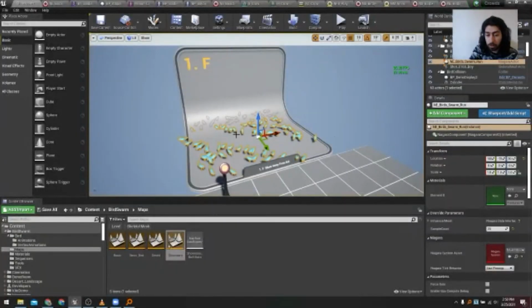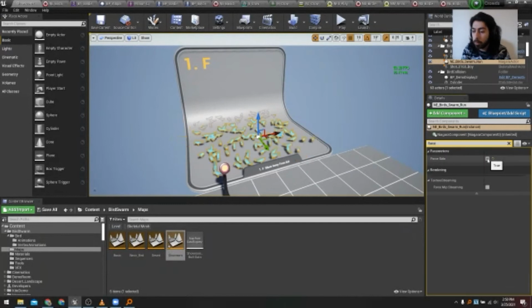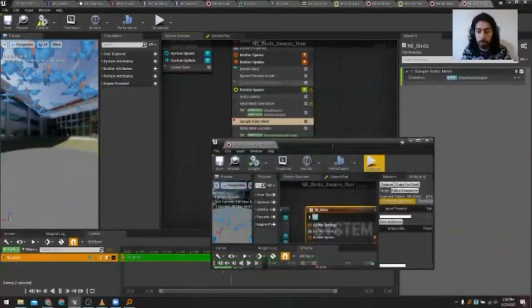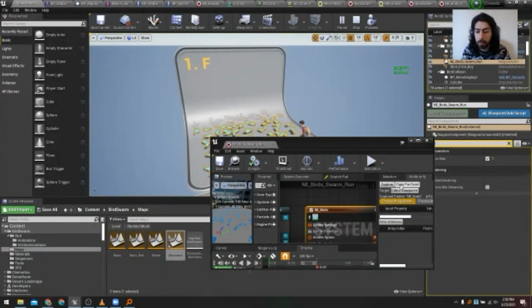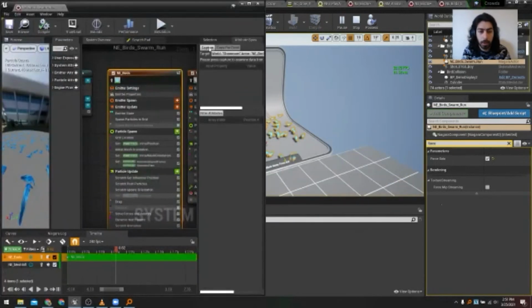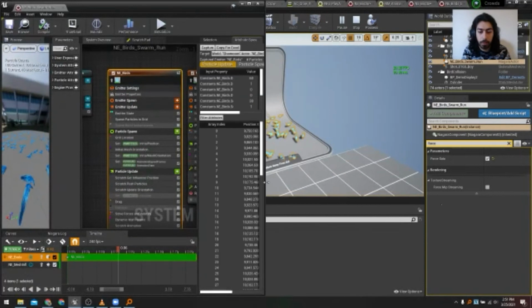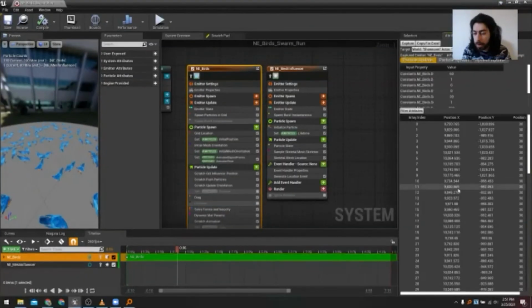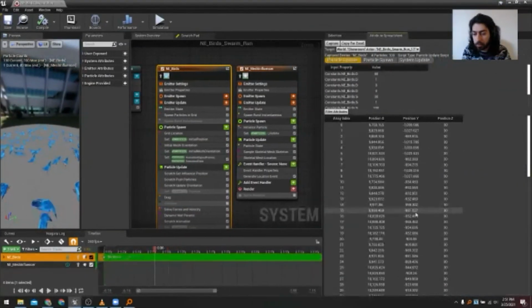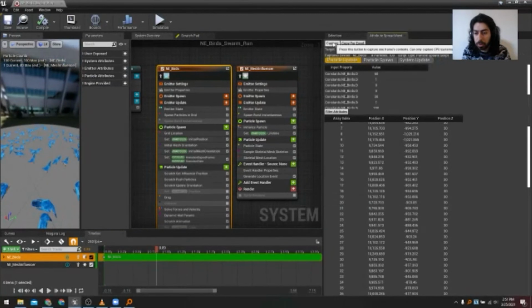You can actually go into your level and look for a property called force solo. Once you do that, now you can actually get these birds here. You want to be in simulate mode, so you want to hit simulate in this case. And then in viewport, you can select the effect here. You can hit capture, and now you can see the values of those birds. After the character actually pushed them, I'm going to hit capture again, so you can see that it's actually changing. It changed for some birds. So this one over here changed.